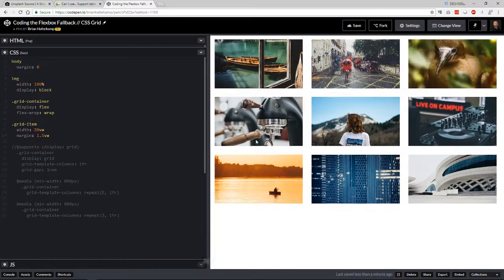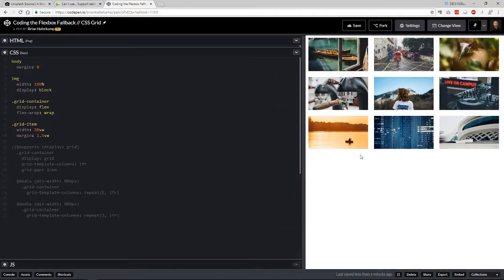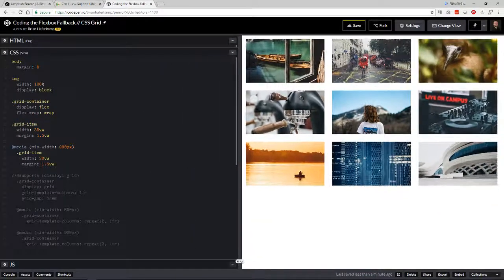And again, we want this to degrade at breakpoints, so we want it to be 2 columns and then 1 column. So we would take this here, and you can set this at media and min width of 900 pixels, and then this is what we want to happen at 900 pixels wide. And so we can copy this again, and we can set this at the 600 pixel width. What we want is this to be 45